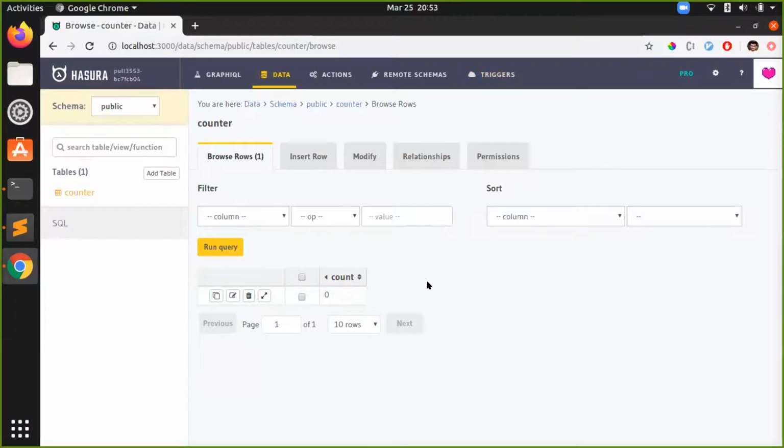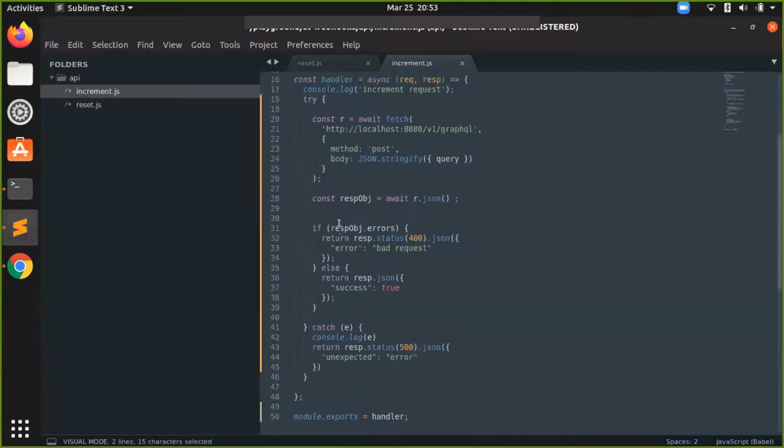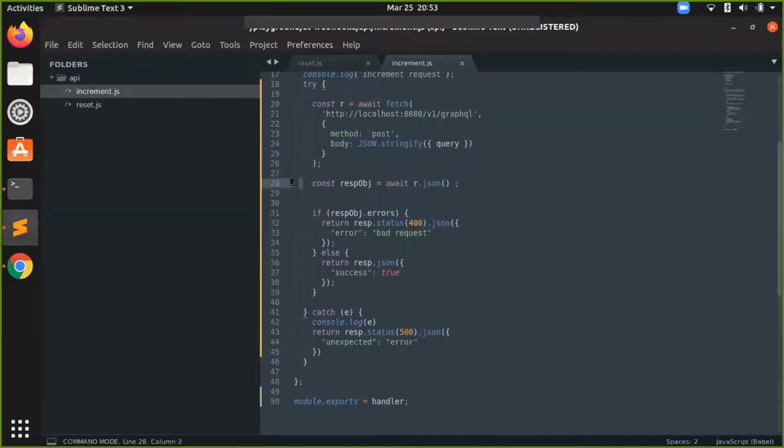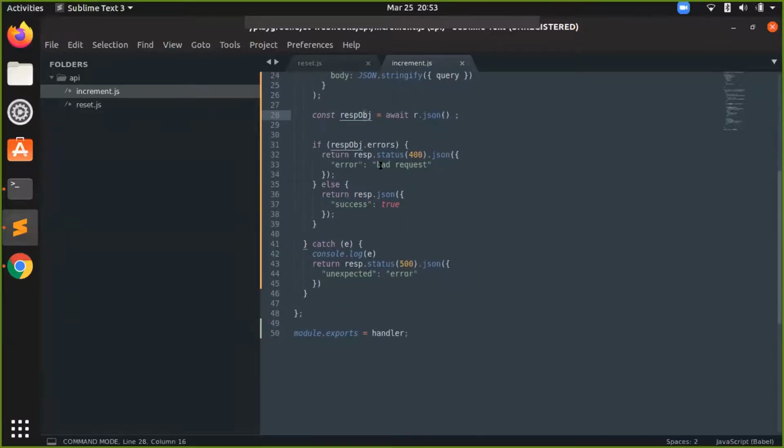The increment cron will just keep incrementing it every minute. Look at the mutation: update counter, where everything, count, and increment counter by 1. Then it receives the response, parses the response as JSON, and sends an error if there's an error, otherwise sends a success. This is the normal exception handling.